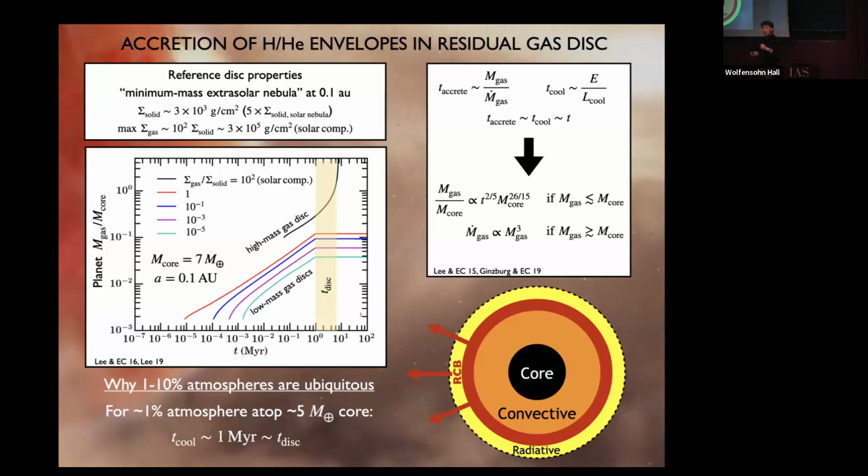So you need to stage the appearance of the core later in the disk's life, when the disk has thinned out a bit, by at least 2 orders of magnitude relative to solar composition. But you see here, the good news is that there's a whole variety of depleted scenarios. You can deplete the disk by 2, 4, even 6 orders of magnitude relative to solar composition and still arrive at these percent by weight atmospheres.